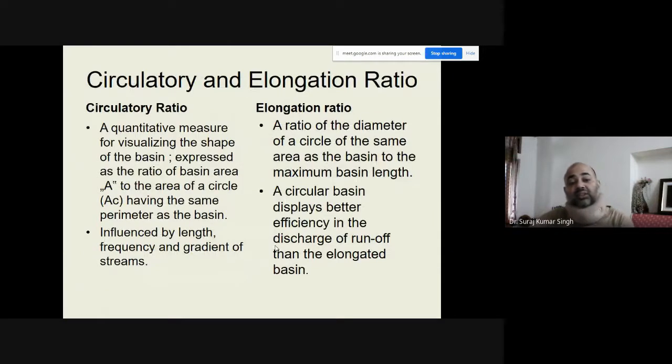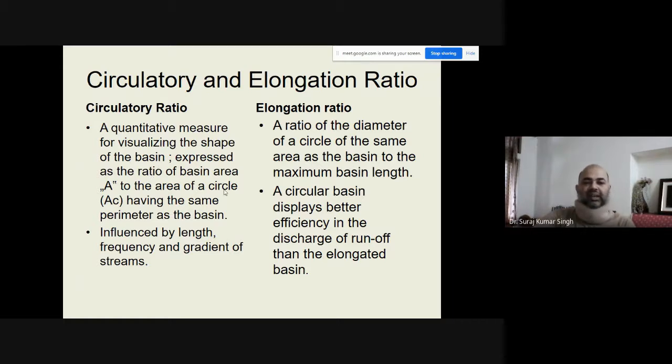Now the next important variables that have to be calculated are circulatory ratio and elongation ratio. So what is the difference between the circulatory ratio and elongation ratio? Our circulatory ratio is a quantitative measure for visualizing the shape of a basin. By seeing it, you can visualize the shape of the basin, whether that is a round shape, whether that is a triangle shape, whether that is a